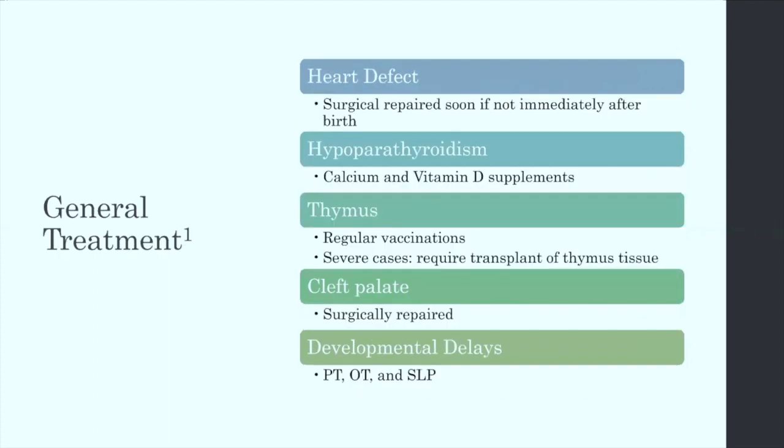So some general treatments for these patients. We know that they have heart defects, so these will be surgically repaired as soon, if not immediately after birth. Usually once they're found, they're fixed and gone about properly. The hypoparathyroidism will be treated with calcium and vitamin D supplements. And then the thymus issues will be regulated with vaccines, making sure they're getting their annual flu shots and all